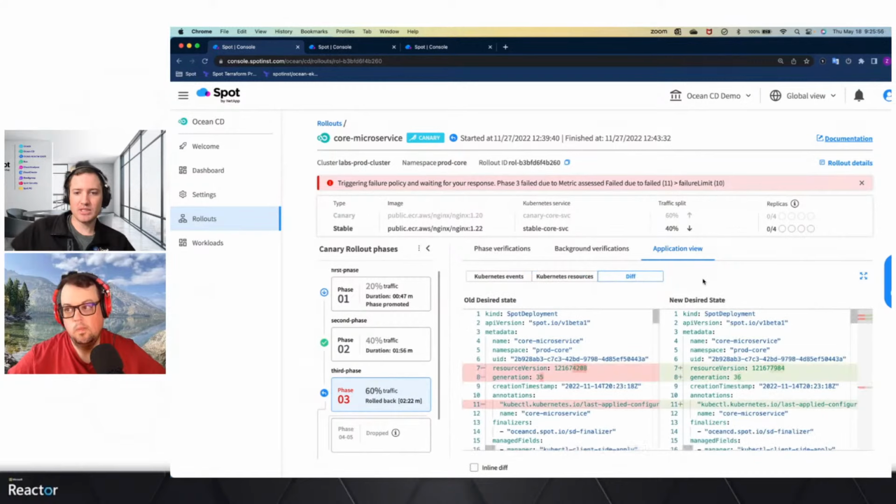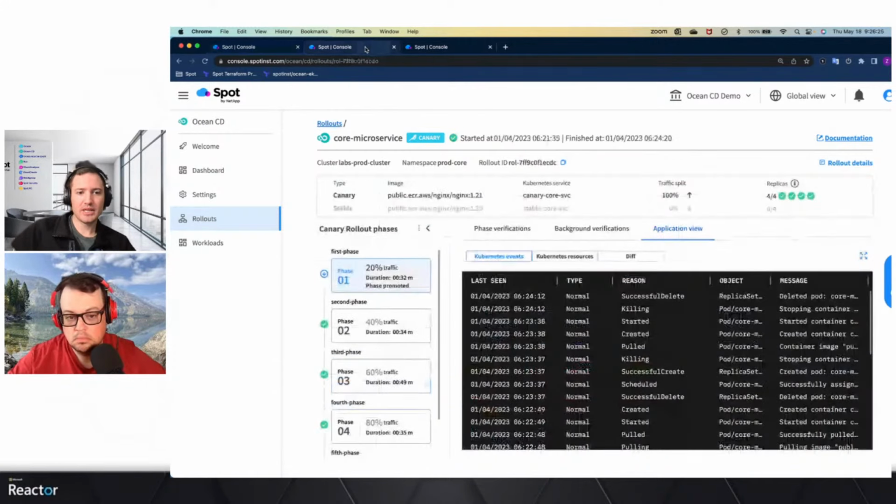And if you want to see what the difference is between the old version and the new version, you'll be able to see that in the UI as well. You can also track all of this through our CLI. There's a pretty neat plugin for tracking your rollouts over time.